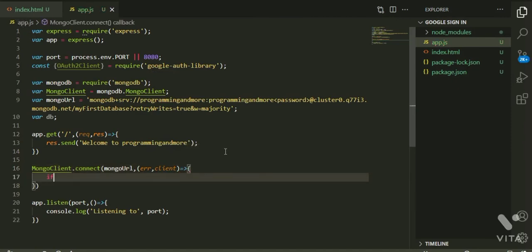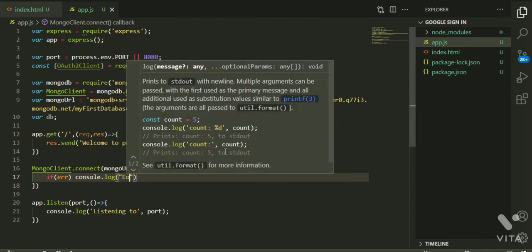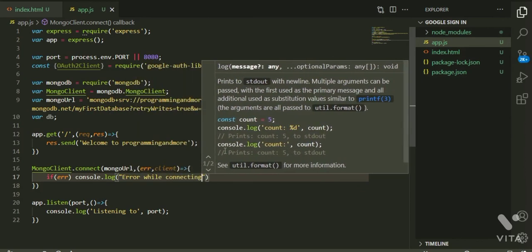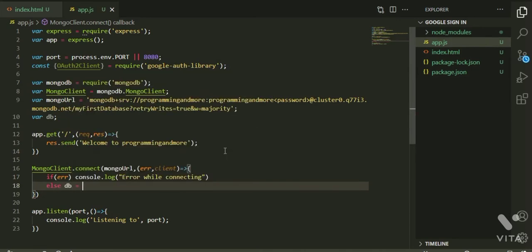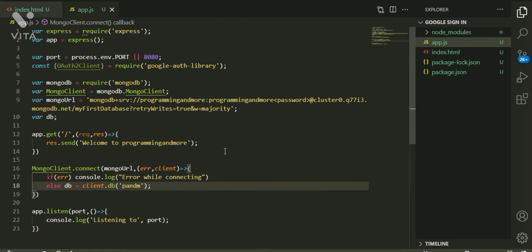So if error, let us log error while connecting, else let us get our database. DB equals client.db of database name, which is P&M in my case, whatever may be in yours. So we are done with connecting MongoDB.